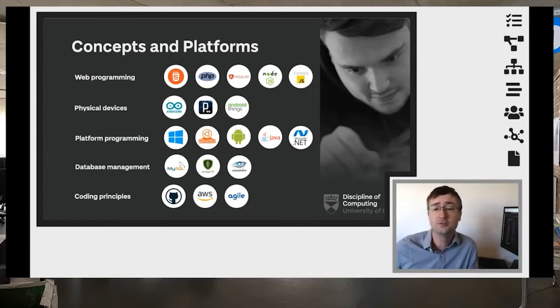You aren't just going to be exposed to services and platform programming for Windows. We're also going to expose you to Android programming, to programming for Linux type interfaces, for Java, and for a variety of .NET languages as well. You aren't just going to learn about traditional database structures using relational databases within something like MySQL. We're also going to introduce you to non-relational databases that are used in platforms such as Facebook and Google, and we'll be using things like MongoDB and Cassandra to do this.